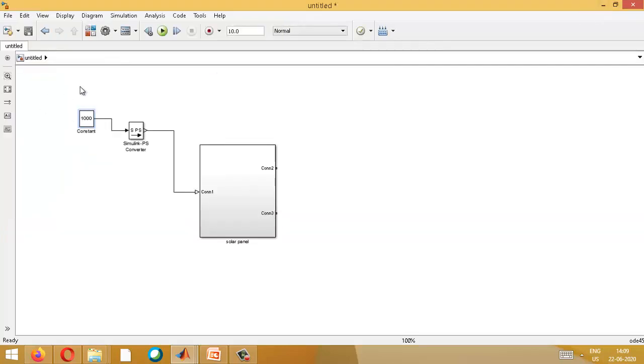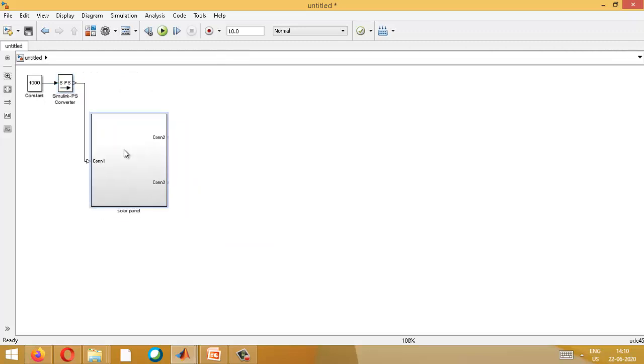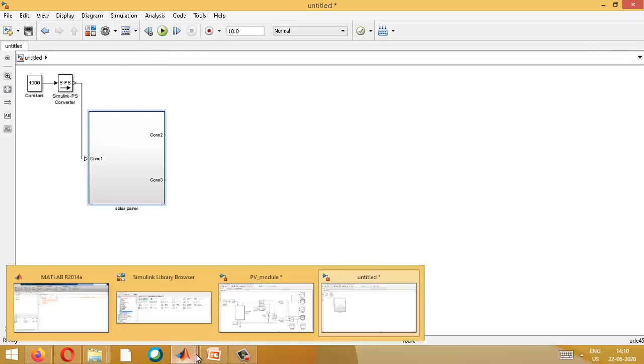Now you all may have a doubt. At all times I will not get 1000 from sunlight. It may vary if there is any cloud or any disturbance crossing over this panel. What happens is this will vary, and if this varies, automatically your solar panel output will vary. But for simplicity we are taking it as 1000. So don't think that it should always be 1000. It will vary, and only depending upon this the output of the solar panel varies.